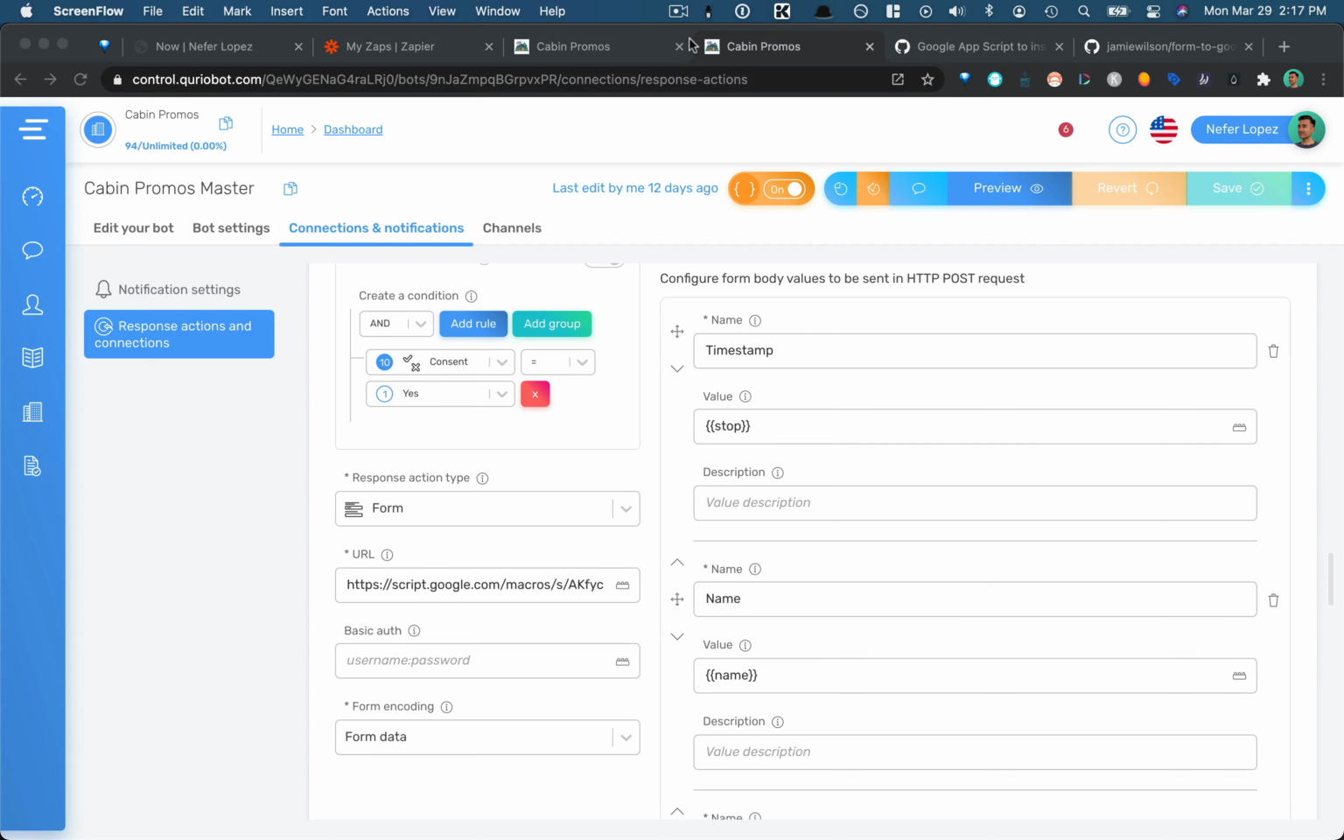So what you need to do is create a form response action type within your connections and notifications of your chatbot. And then from here, we're going to map the different step variables that you want to pass to your Google Sheet. So in order to make that connection happen, you need to use a Google App Script. And there's a couple versions on GitHub